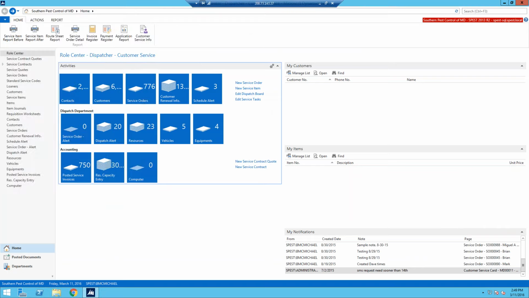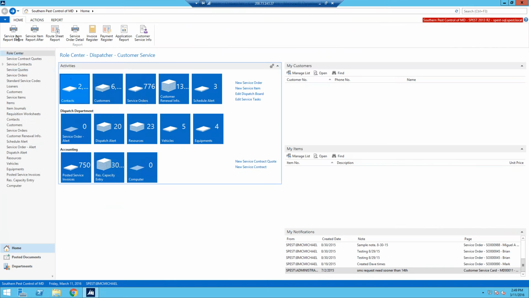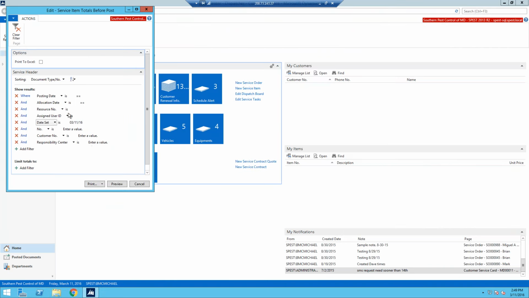Hit preview. Notice now it no longer appears on the service item before report because we filtered it by date set. If you filtered this report by, this is post, it says posting date, but it's really the date that the service orders are created. If you filtered it by that,